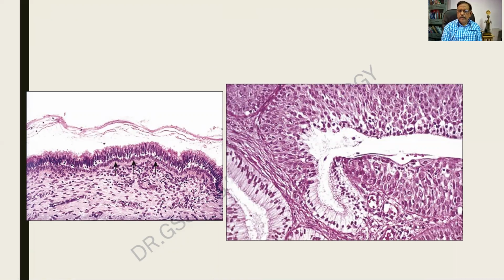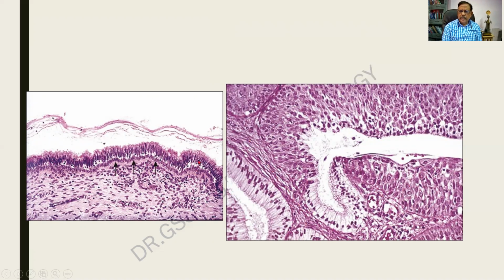And this is a beautiful picture which definitely should be drawn. In this, I am finding a small zone of columnar epithelium, and on either side, I am finding that it is being replaced by multiple layers of stratified squamous epithelium. A good example of a squamous metaplasia. And this gland can be used as a comparison. In between, I am finding spindle-shaped and wavy stroma, which is the connective tissue.